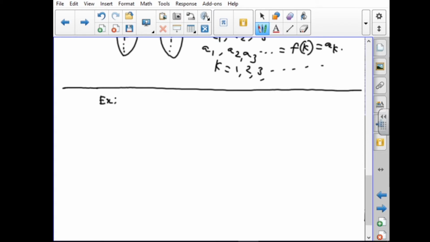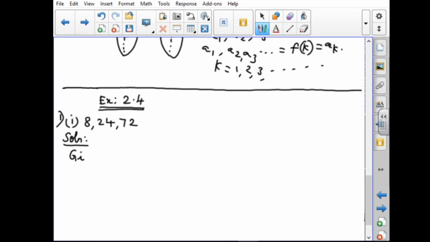Exercise 2.4. The first one, find the next three terms of the following sequence. Find the next three terms of the following sequence. The first subdivision, they have given 8, 24, 72. Okay, solution, you have to start to write.